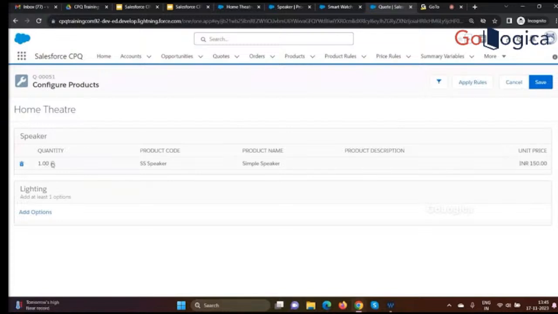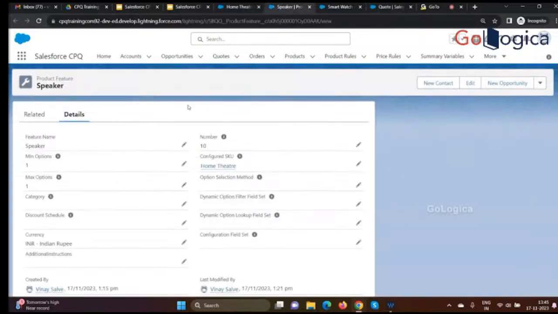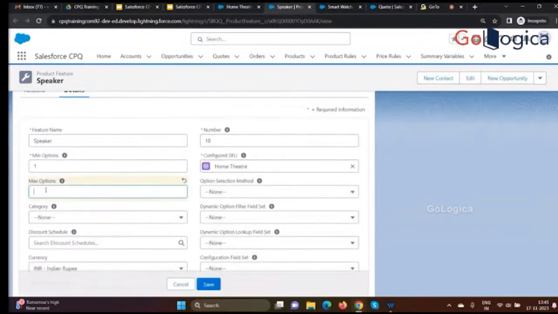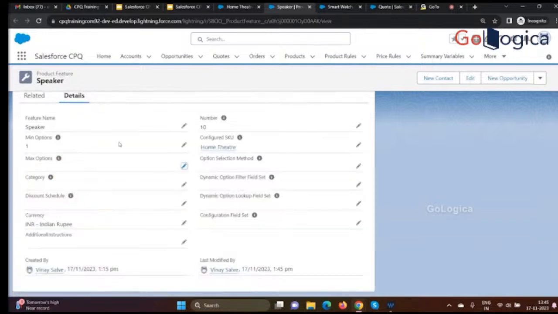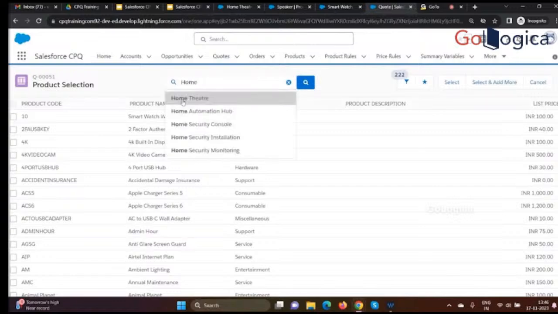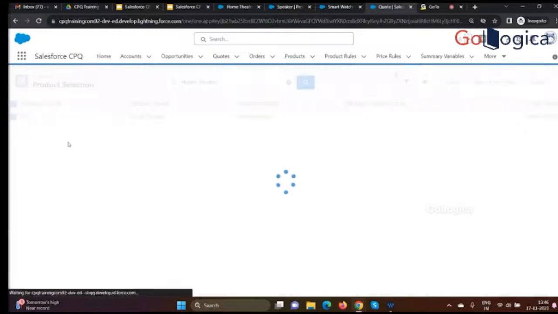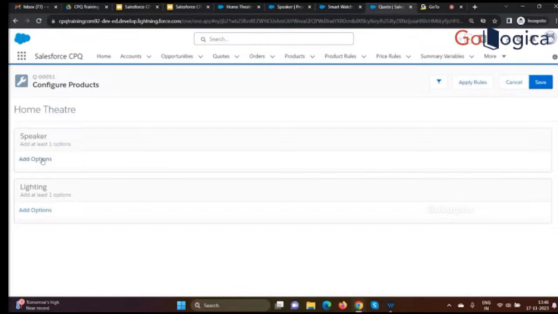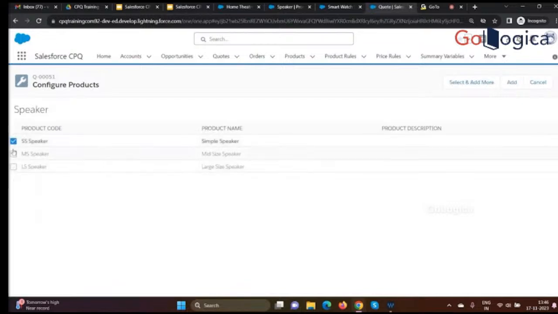But what is the main purpose of adding and selecting? When I add a product, if I'm adding one product twice, it will create two separate lines. So if I go over here under speaker, this is my feature, right? If I choose to remove this, now I have only minimum option as one, and maximum options I have removed. So I will again go back and show you the difference. If I go and select it, now you see adding options. If I select and add,